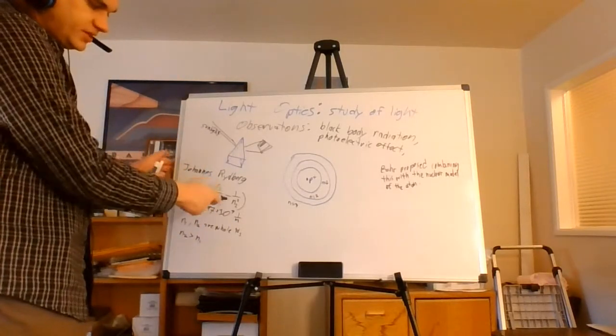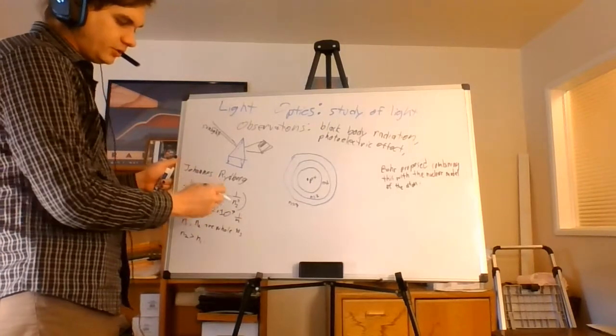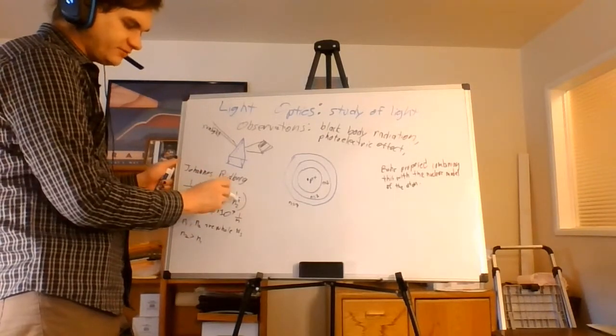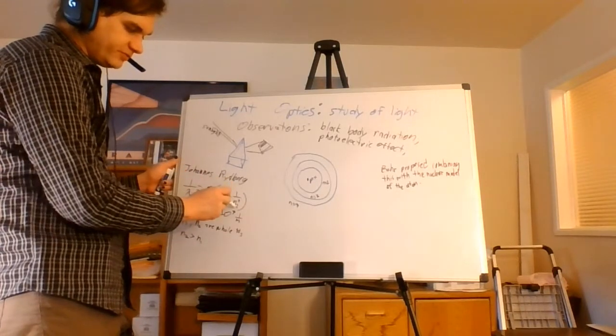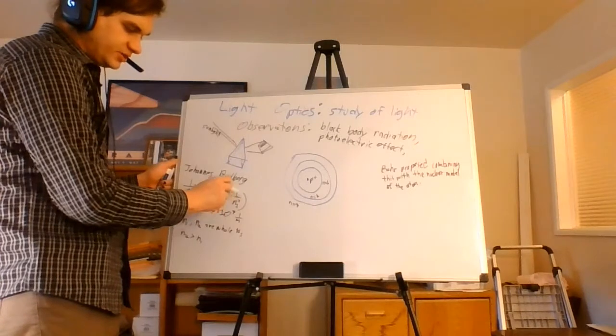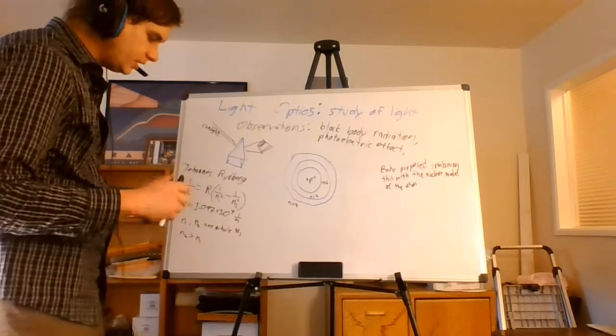Because since the n's are in the denominator, the larger the n, the smaller this fraction is going to be. So this has to be a positive number here, so therefore this fraction has to be smaller so that this remains positive. That means this has to be a bigger number. Anyway,